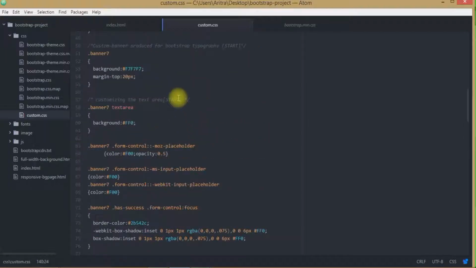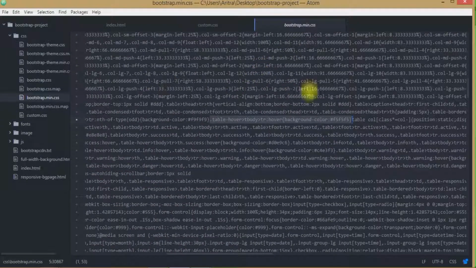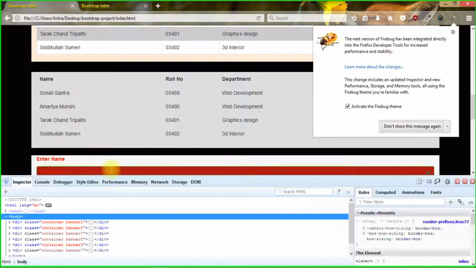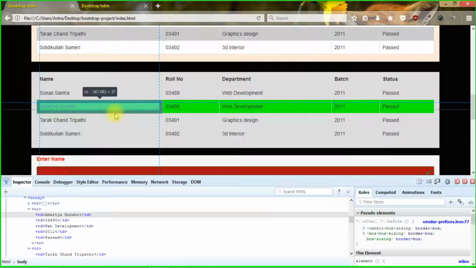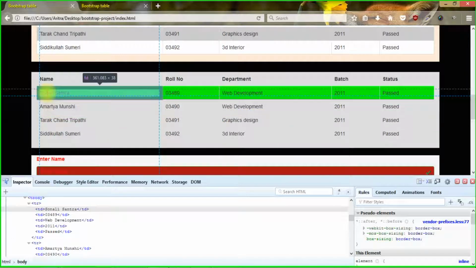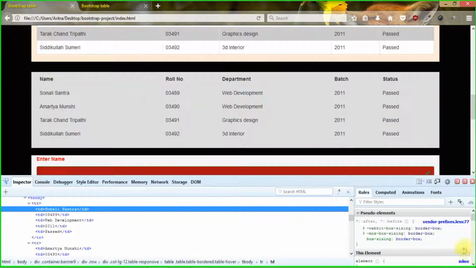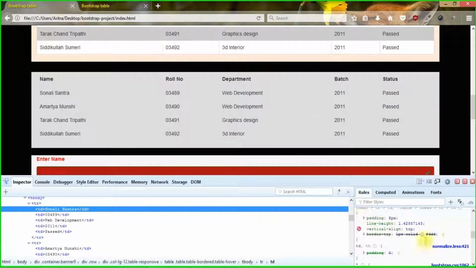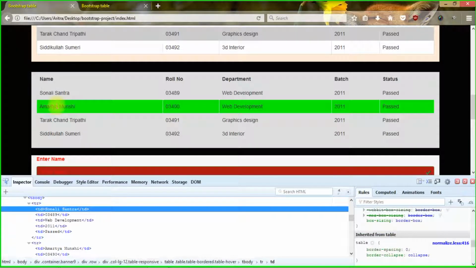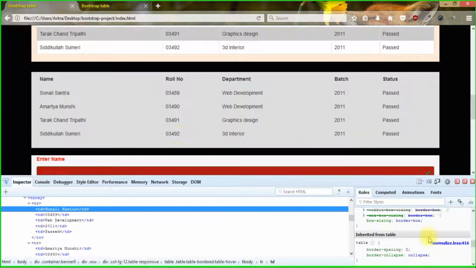The first thing is, we are never going to make any kind of changes here in this bootstrap.min.css. Second thing is, we will first detect each and every single property from here. We'll be clicking any of these properties, and we'll be looking for that particular class over here. If it is present here, then it is all right.